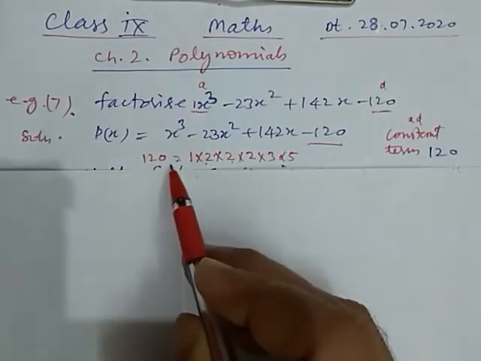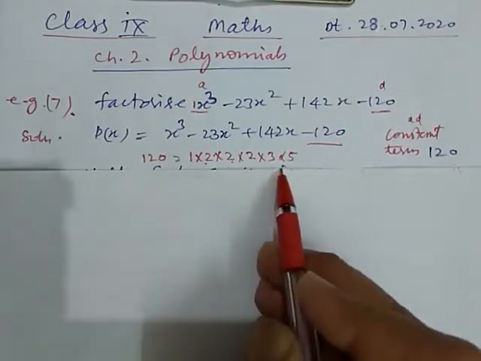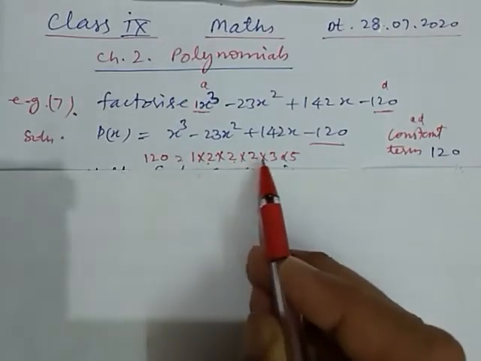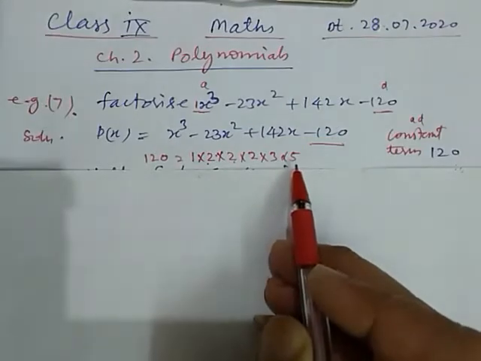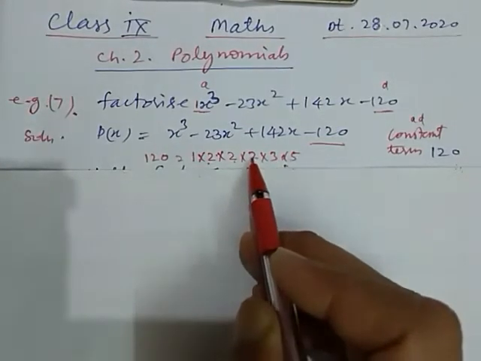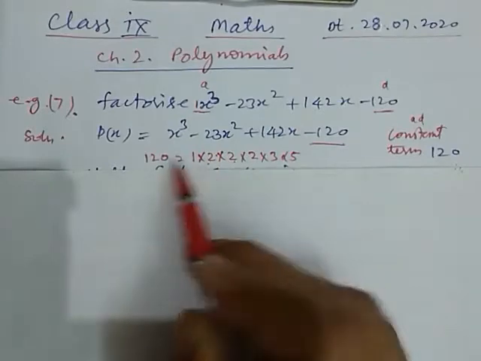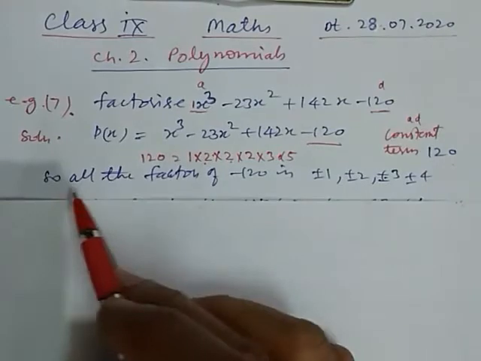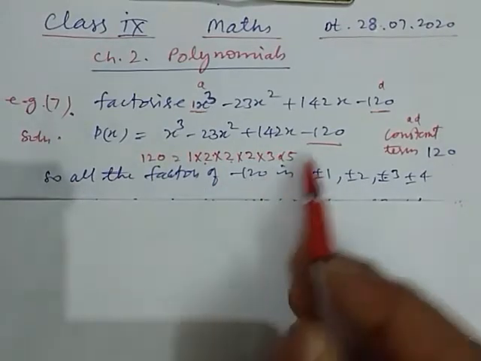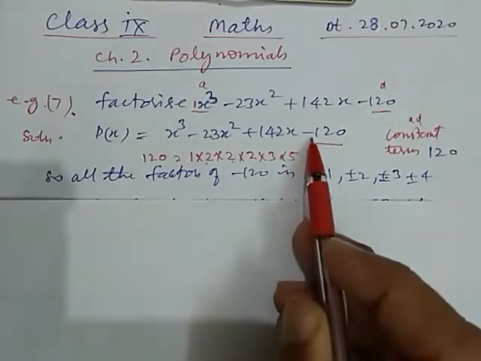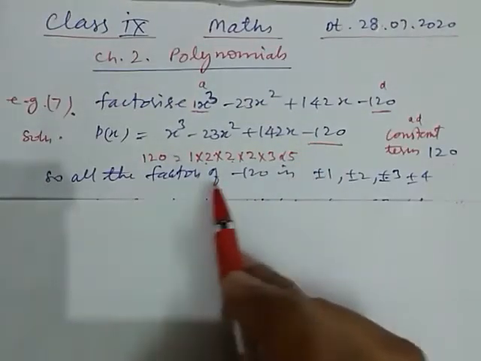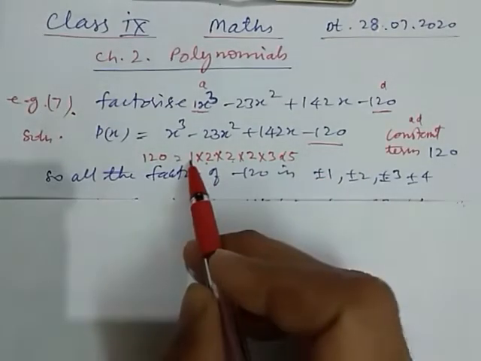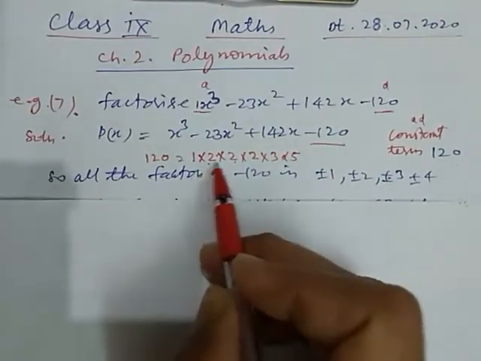Now we factorize 120. Here we can see the factors of 120: 1 into 2 into 2 into 2 into 3 into 5. Now we check: 5 threes are 15, twos are 30, 60, 120. So these are the factors. Now, all the factors of minus 120. Look here, the negative sign. The different factors of minus 120 are plus minus 1, by using this, plus minus 2 by using these two,